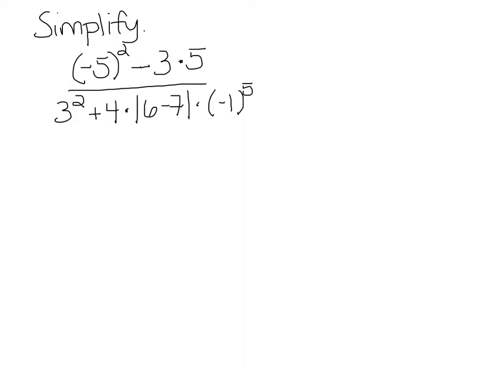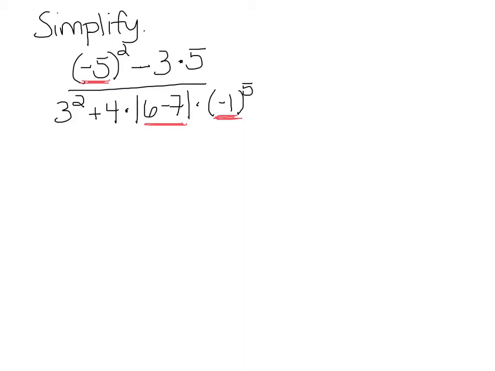In this problem, we're going to look at how to apply the order of operations to an expression. The first step in the order of operations is parentheses. What we can consider parentheses is this -1, -5, and the absolute value. Absolute value kind of doubles as a parentheses when we're simplifying. Now, since there's nothing to do in the -5 and the -1, we're just going to focus on this absolute